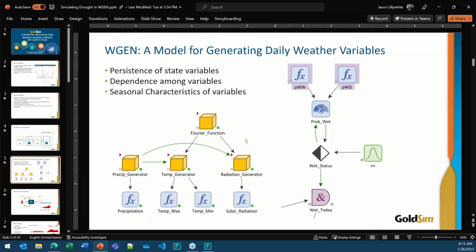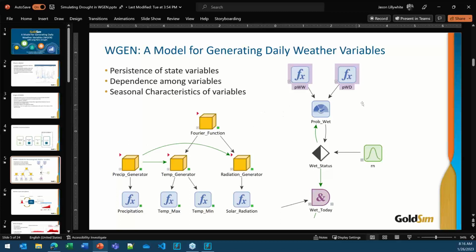And what's nice about this is, as long as it knows the site latitude on the planet, then it can produce an accurate representation of the average cyclic behaviors of temperature and solar radiation. So it only needs one input. It doesn't need monthly inputs for temperature and radiation. You just give it one value. I mean, it has, I think, 4 or so for each temperature and radiation, but you don't have to do those monthly. Precipitation is the only monthly input we provide. Okay, so